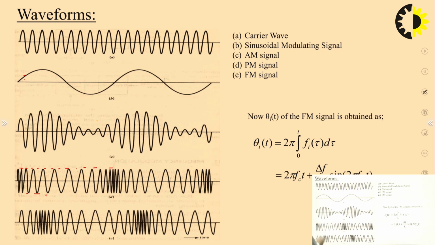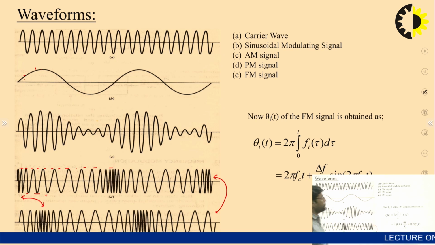So this is again, we can say, the frequency is varied in accordance with the message signal instantaneous value, while keeping the amplitude constant, right? So you can see there is a little variation between frequency modulation and phase modulation, right? But both are considered as a frequency variation in the carrier signal. Here the variation is the shifting in the high frequency and low frequency, right? Why does it come? Because